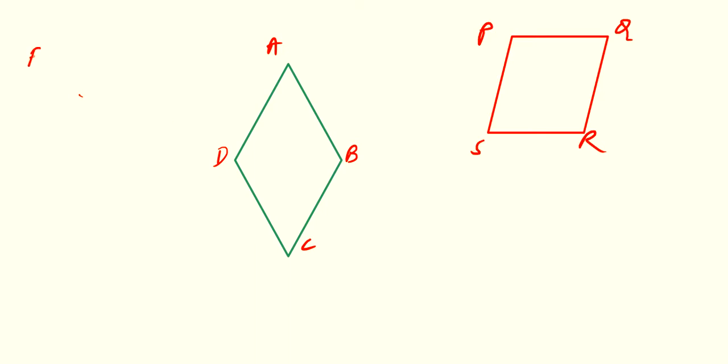What we are having in a quadrilateral? First, 4 sides we are having. In this figure, sides are AB, BC, CD, DA, and in this figure PQ, QR, RS, SP. Then next is 4 vertices A, B, C, D, P, Q, R, S. These are vertices, and as you know very well, when two lines are meeting at a point, that point is known as vertex. So we are having here 4 vertices. Same P, Q, R, S.